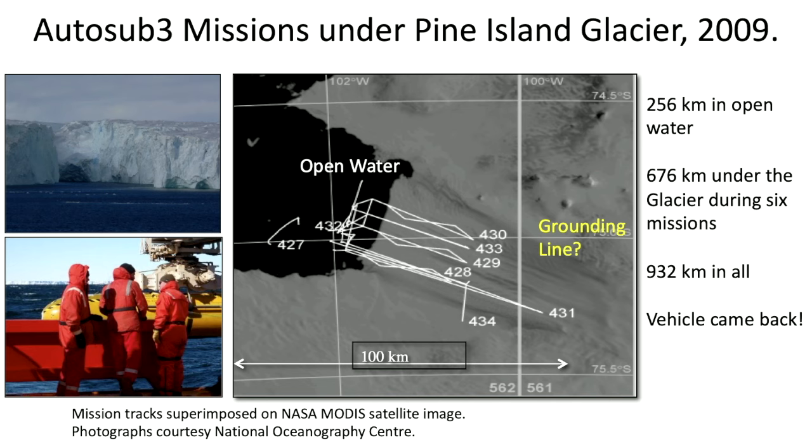So mission 431 was the one that penetrated deepest towards the grounding line, somewhere here where the ice met the seabed. It exceeded expectations, 932 kilometers under the glacier in all. And the vehicle came back. But